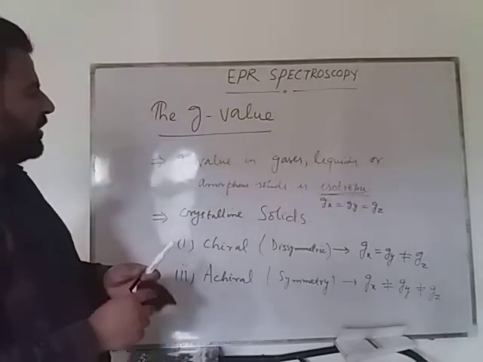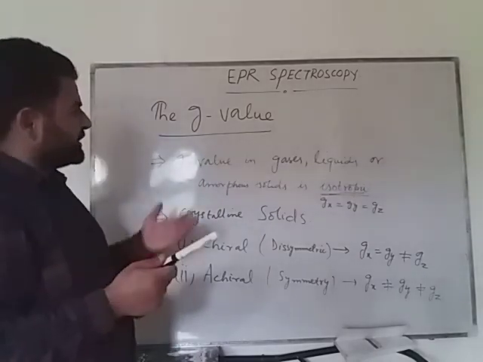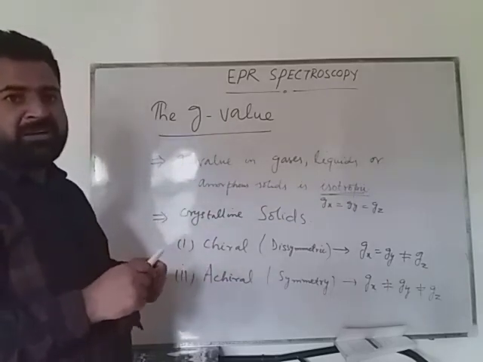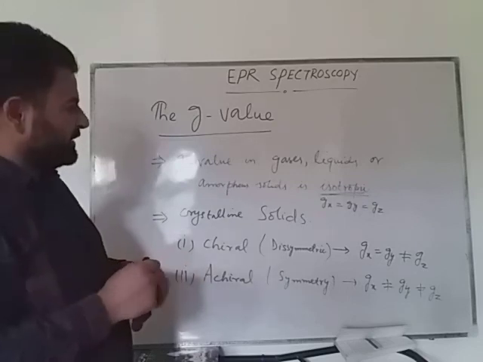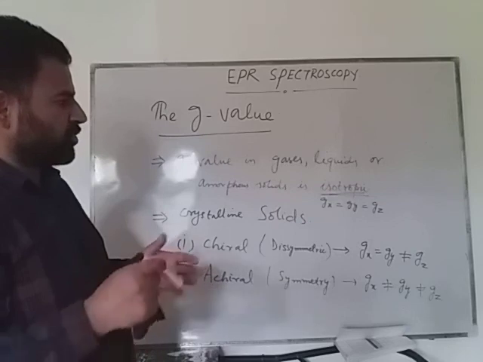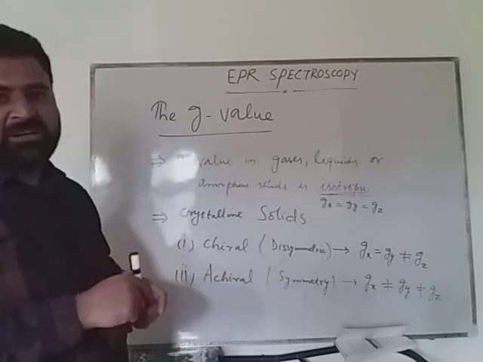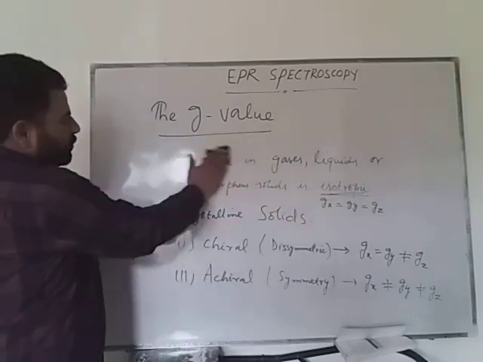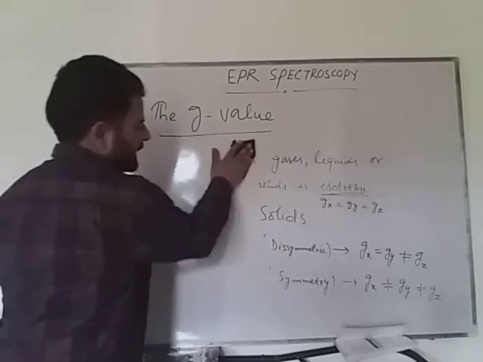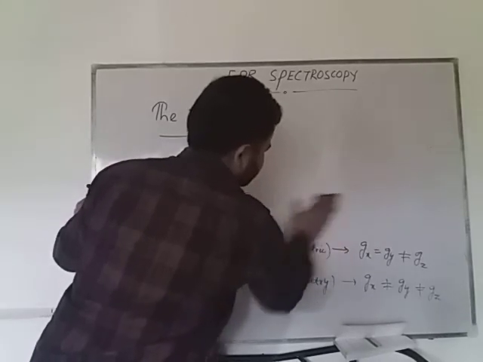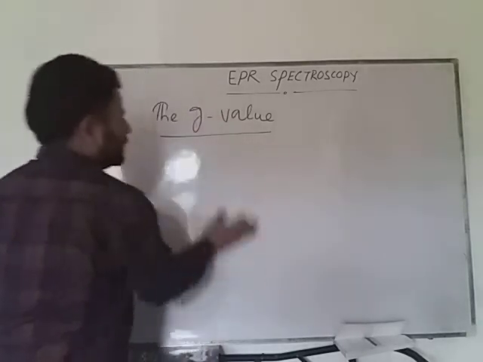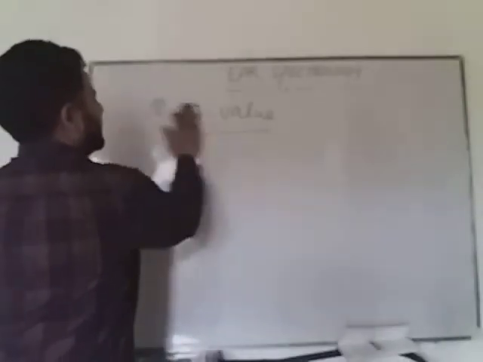So from here you got the idea that the g value is actually a function of the electron density around the electronic spin of our interest, and also its value is anisotropic, that it depends on the direction of its measurement. Now we will move to another thing, how we can actually represent the g value in some other mathematical quantities, like representation of